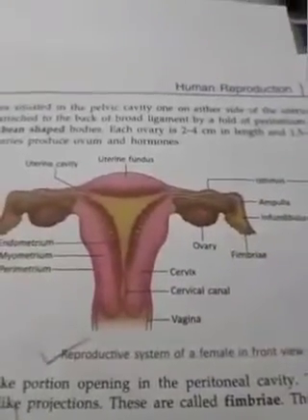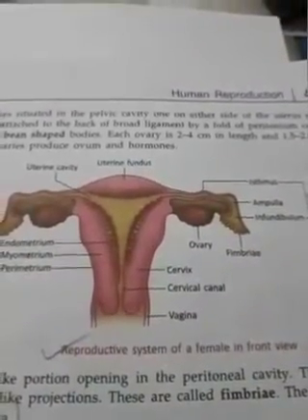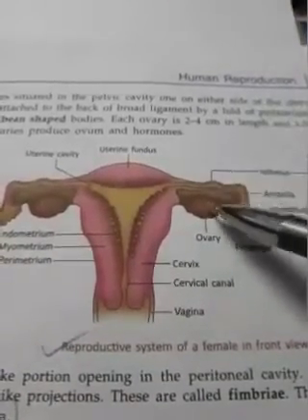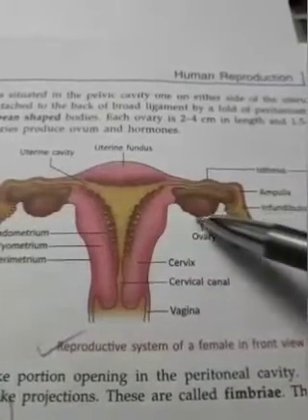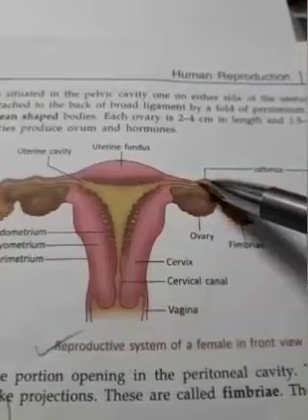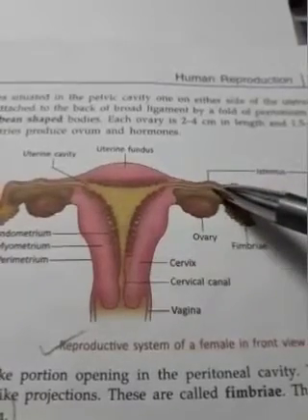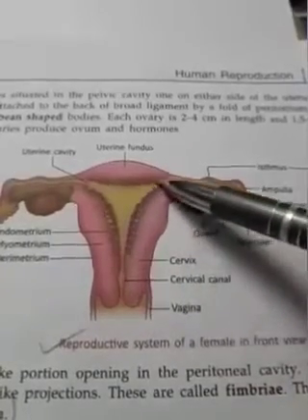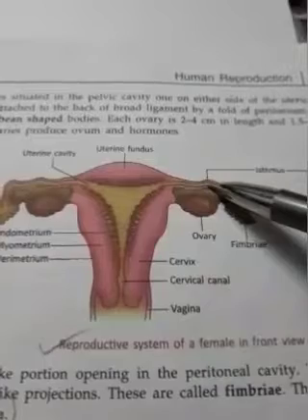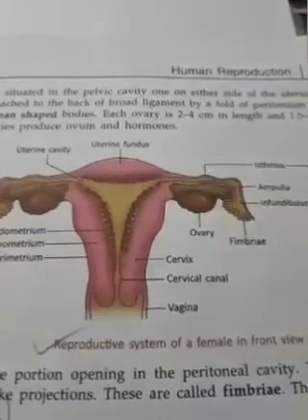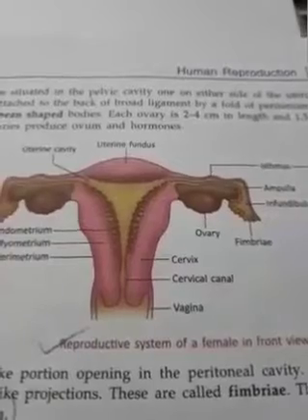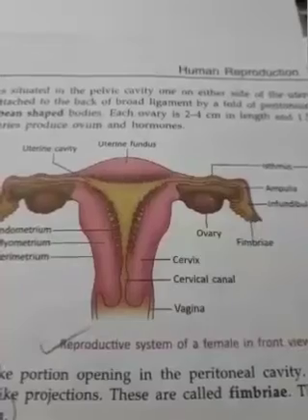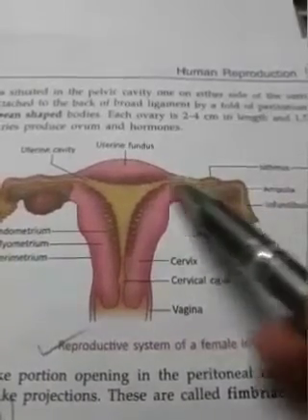What is the function of the fallopian tube? The function of the fallopian tube is to carry the ovum produced inside the ovary, and the ovum waits around this area for the sperm to come through the vagina and cervix, and then comes halfway up the fallopian tube to fertilize the ovum. Once the ovum gets fertilized by the sperm, the fertilized ovum will come to the uterus.